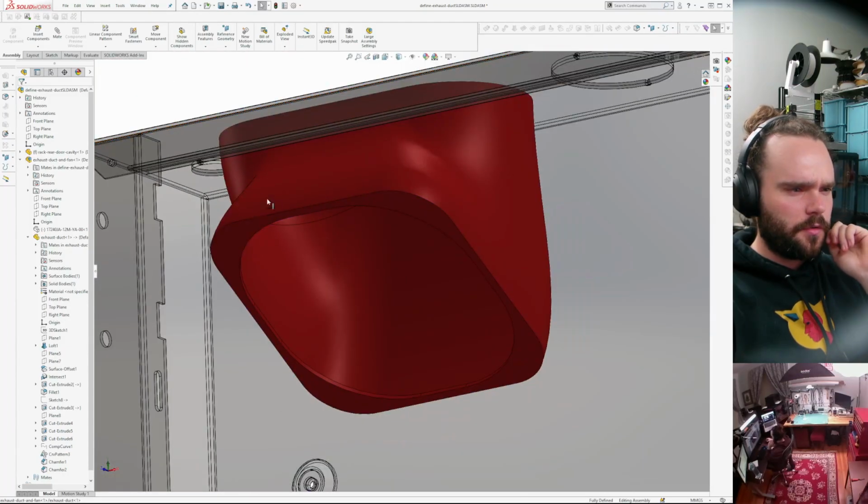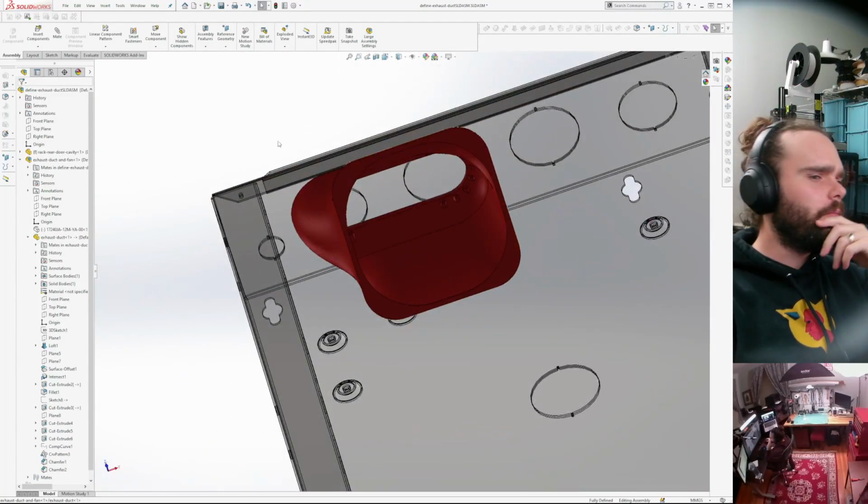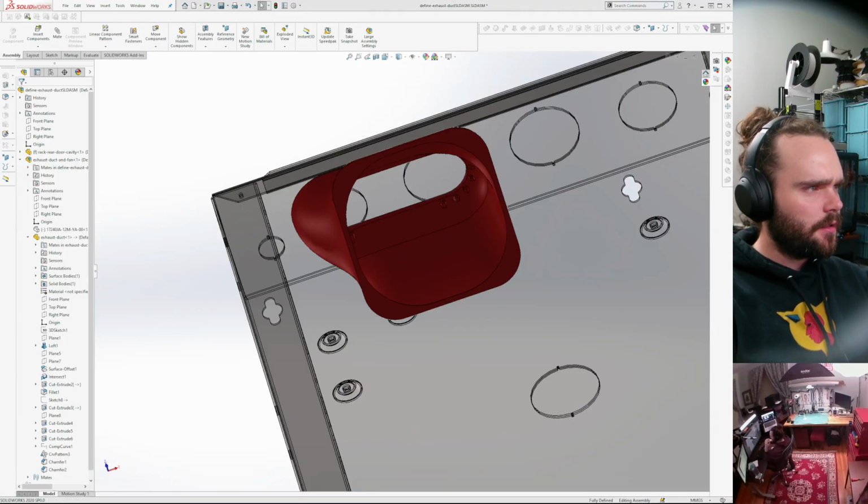I never put the holes on. So the next frontier of this is, we went over this a little bit last time.